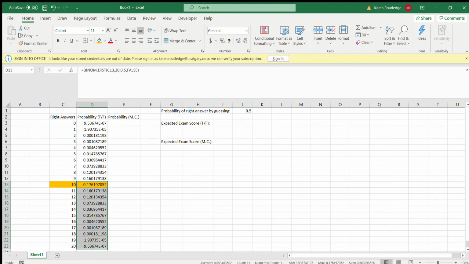We can see that the student has more than a 50% chance, so almost a 60% chance, of getting 10 or more right answers purely by chance. That's slightly more than getting less than 10, which is 40%. So perhaps worth noting. So our most likely number of answers is 10.